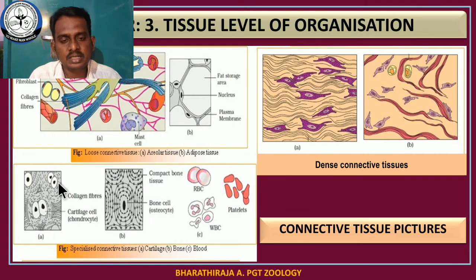And third is specialized connective tissue. In this topic we discussed the structure of cartilage, bone and bony structure, and finally the various cells of the blood. Okay, that's all students. Connective tissue is over. Successfully we completed the various types of connective tissue. So students, this is the expected 5-mark question for your board exam. Take a screenshot of this table and the diagram. Most of the diagrams are not given in the textbook, so kindly draw the diagrams for connective tissues. Thoroughly study this question for your board exam.